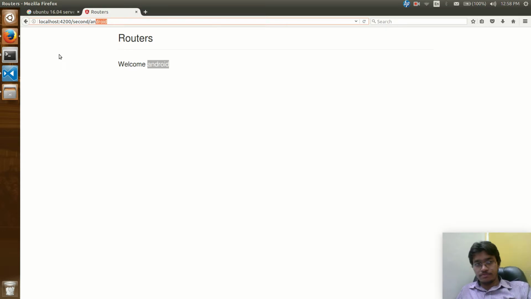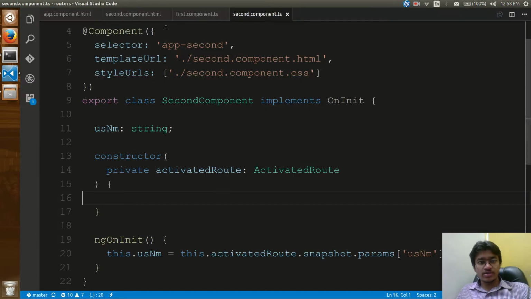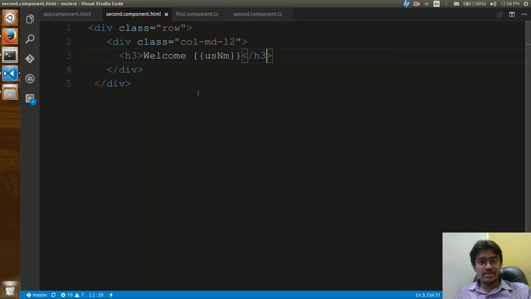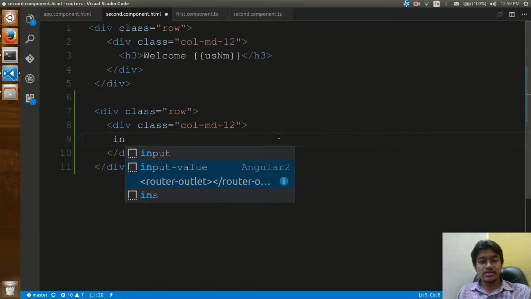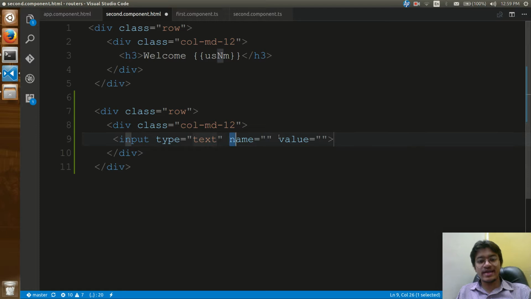Okay, now what I want to do, let me change this second component. I have this as the second component, which is just showing this thing. Now I would be having one more row, and into that row we would be having an input, type is equal to text, name and value, and I would be having a hash, change USNM, changed USNM, and we would be having one button,